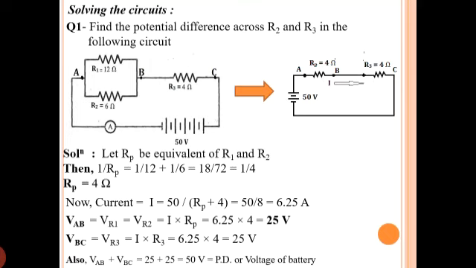So this we understood in series combination: the sum of the potential differences across each resistor in series is equal to the potential difference or the voltage of the battery. So you can see it is proved also. This is why I did the numerical, so that you can get two different concepts. One, how to find potential difference, and second, to prove that in series there is a potential difference across each, and the sum of all the potential differences will be equal to the voltage of the battery. So with one numerical we understood both the concepts.